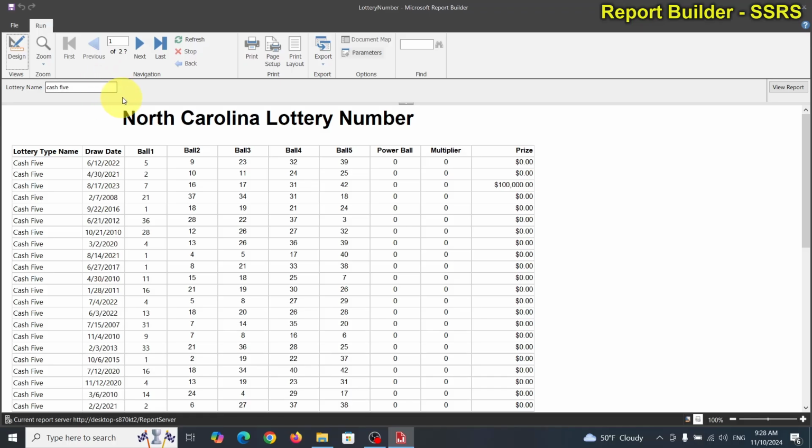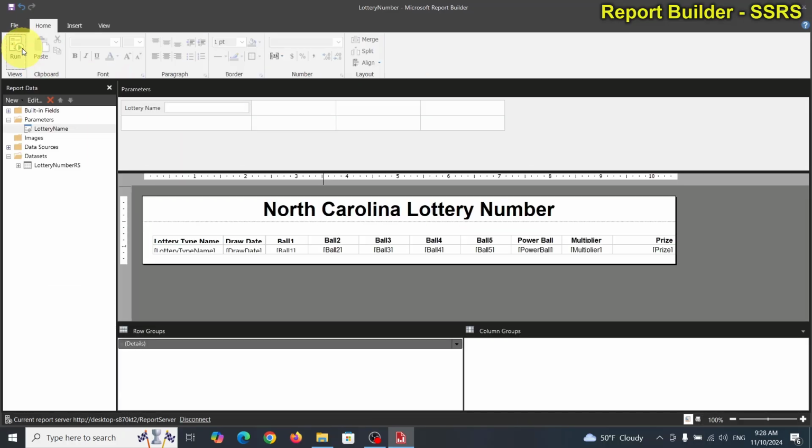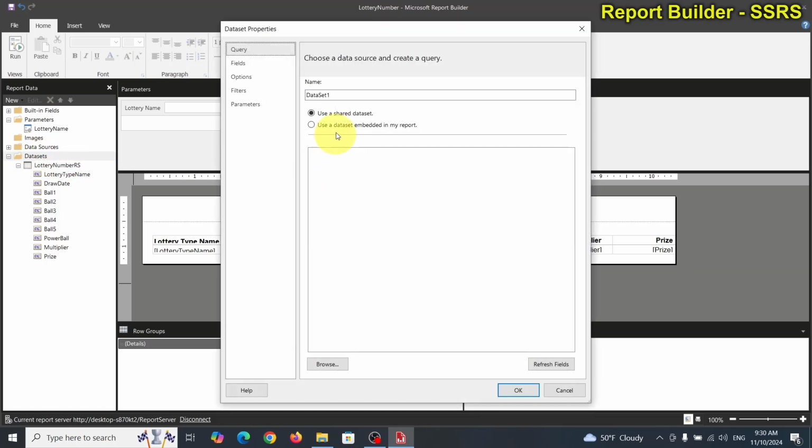All right, so let's see how I come about doing this drop down list. Let's add a drop down list. To add the drop down list, we gotta create a dataset. We have to create a dataset just to return the lottery name. All right, so let's add lottery. Let's add that guy. Let's call this lottery name